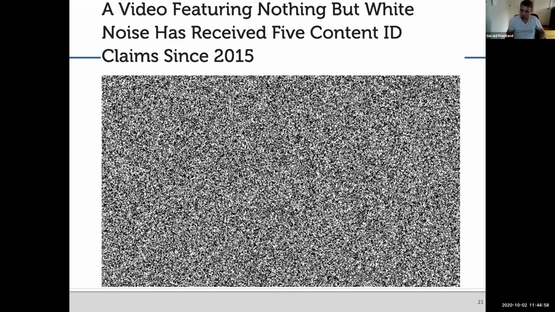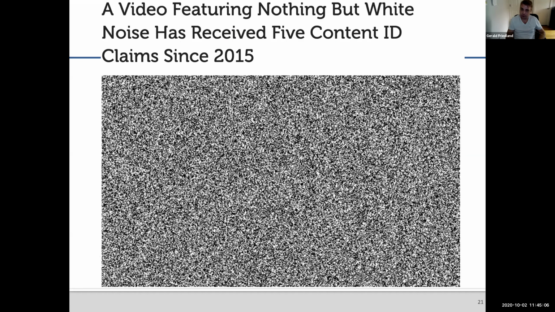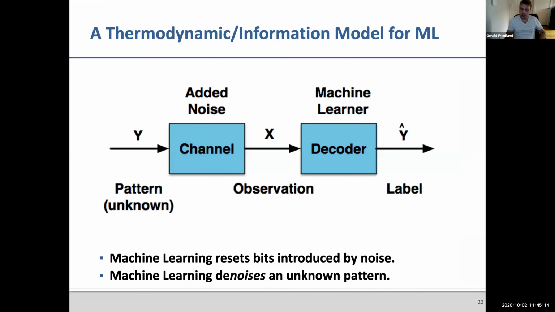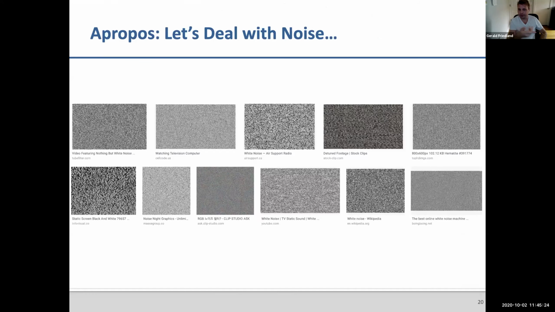But obviously, what we want is we want to argue over this. We want to denoise the unknown pattern. And if we denoise this pattern, the rule would be 0. That would be the empty rule. There's nothing you can do, right? And if you reset all the bits that are introduced by noise, this thing would be white, blank, or blue, or black actually. 0 is black, right? It would be black. And the same here.